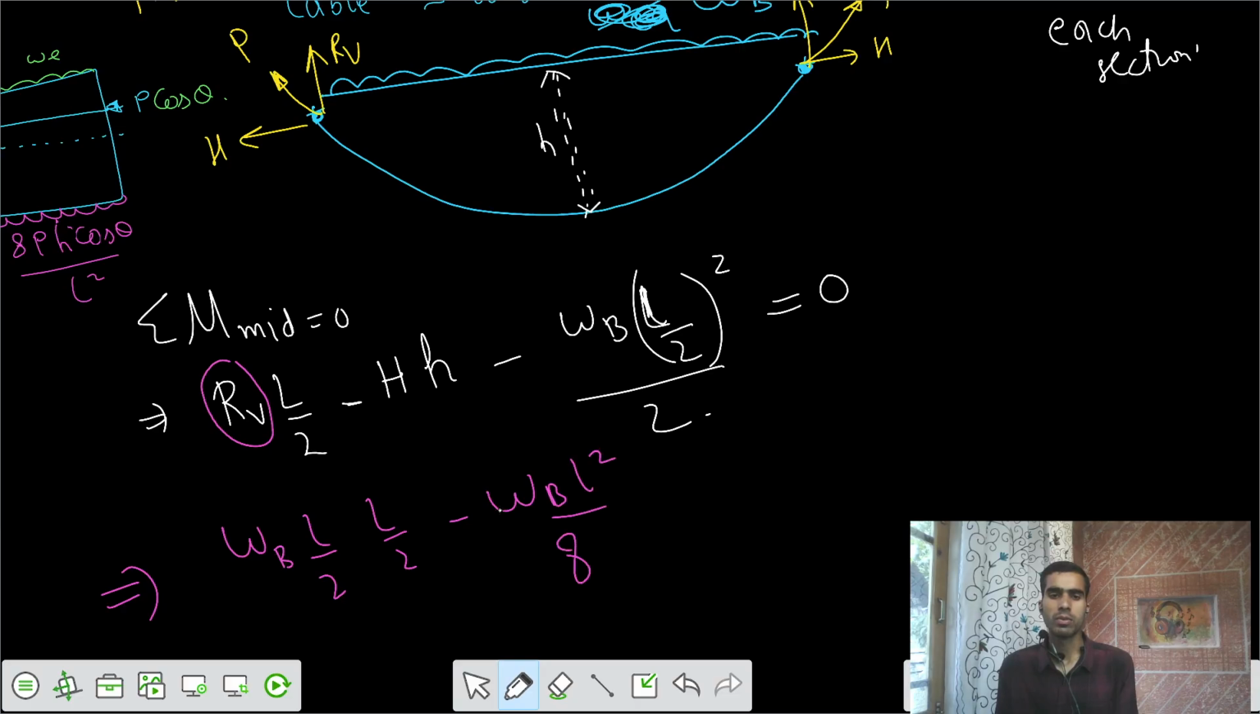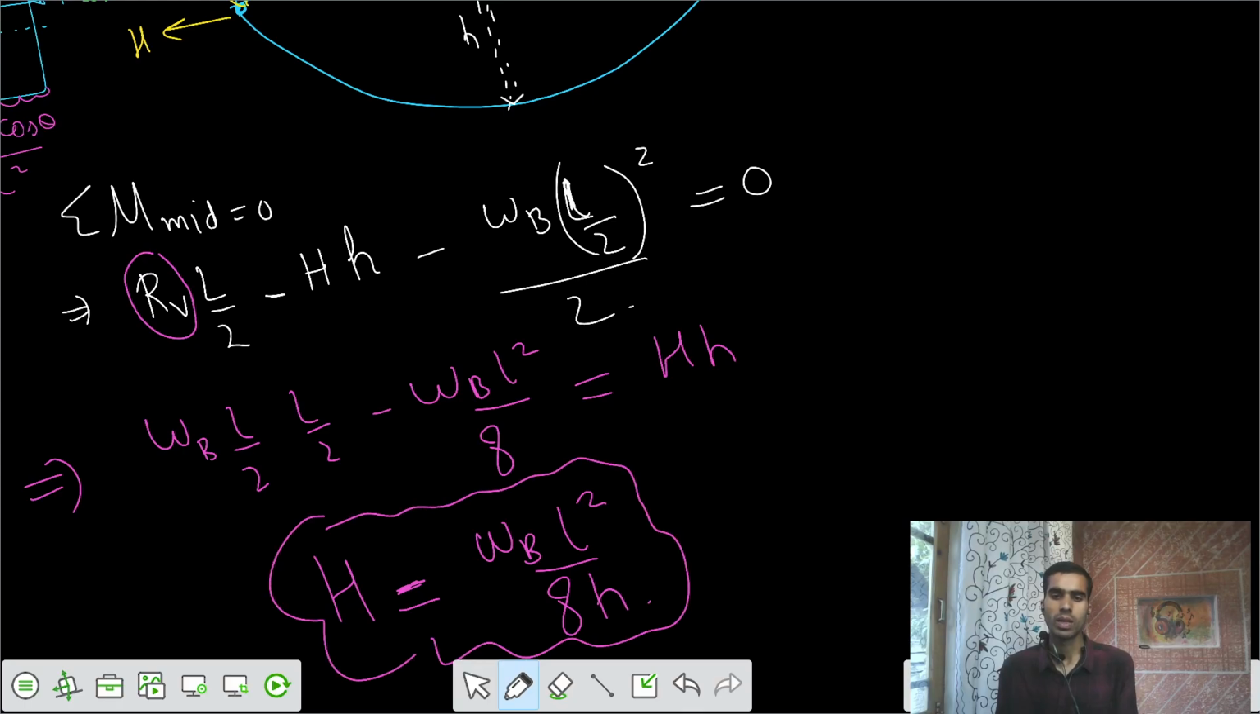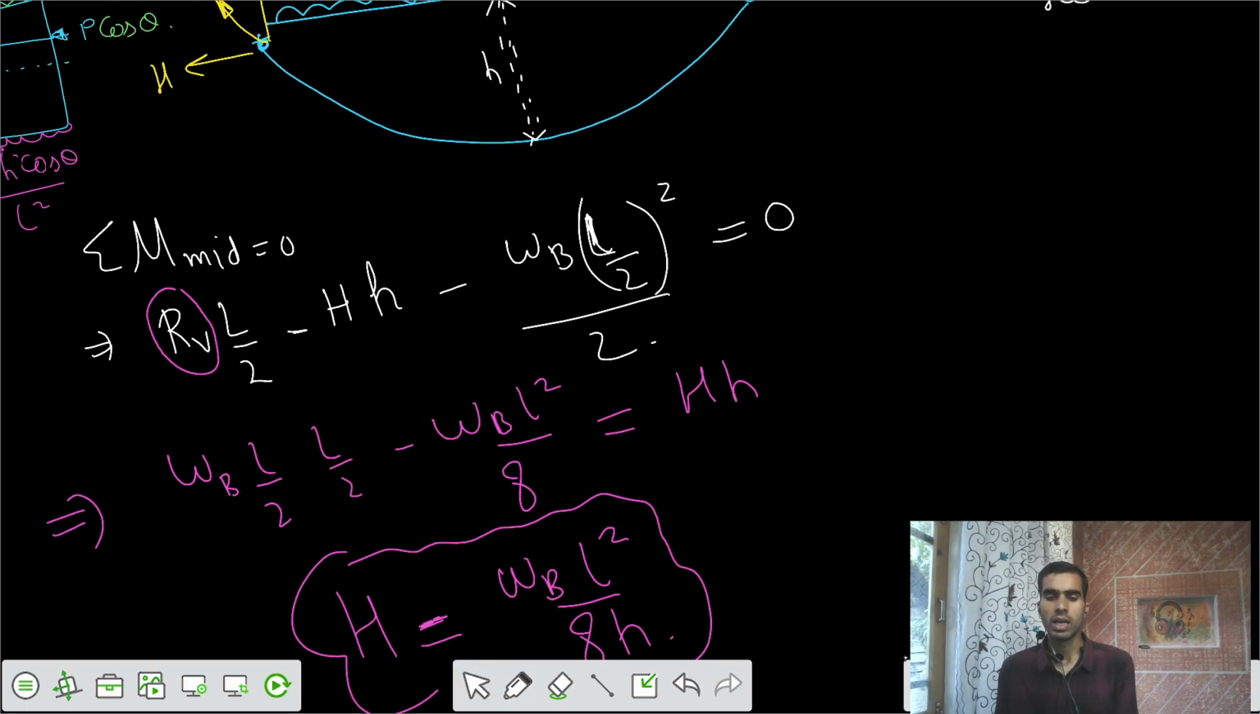So finally it comes out to be equal to this, and we can say your horizontal tension, the value of H, equals W_B L squared by 8H. So this is your equation for the horizontal. Now I would say